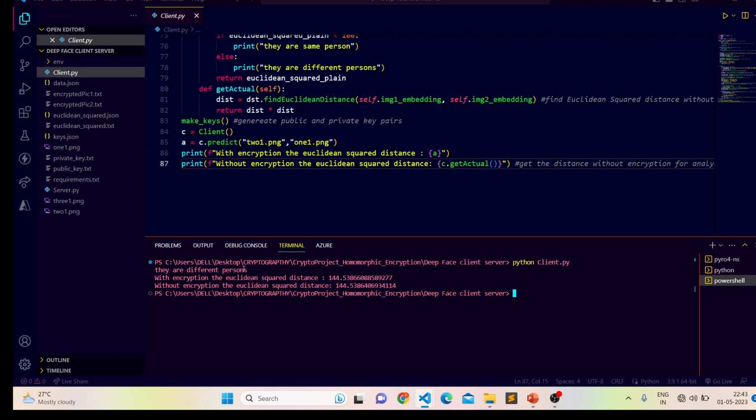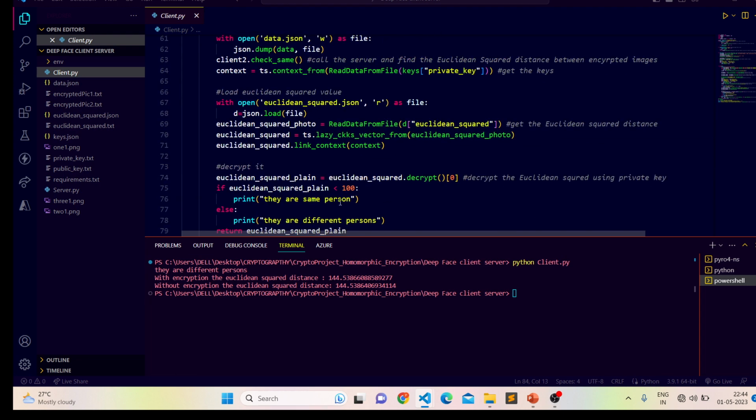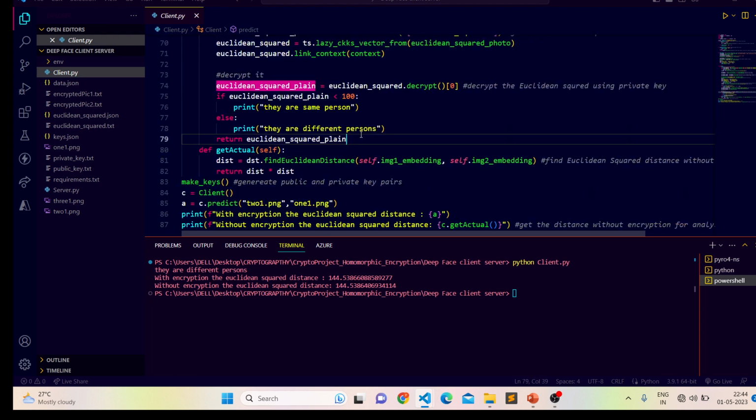Okay, so we got the result: they are the same person. The main important thing is what DeepFace does. DeepFace converts any image into its FaceNet vector, and we find the Euclidean square distance. If that distance is less than 100, then we say they are the same, and if it is greater than or equal to 100, then they are different persons.